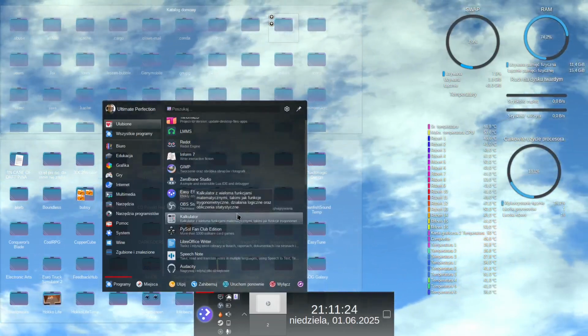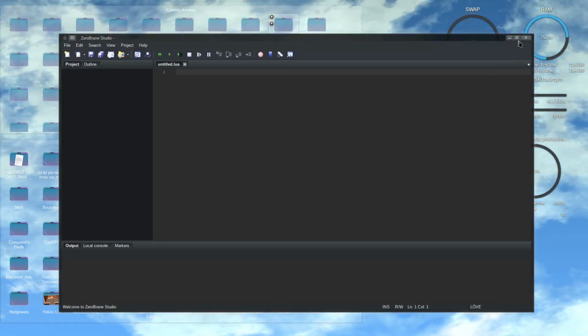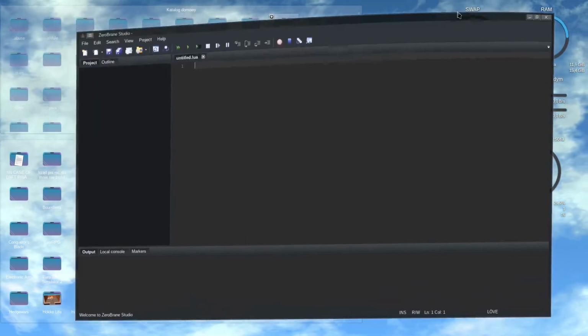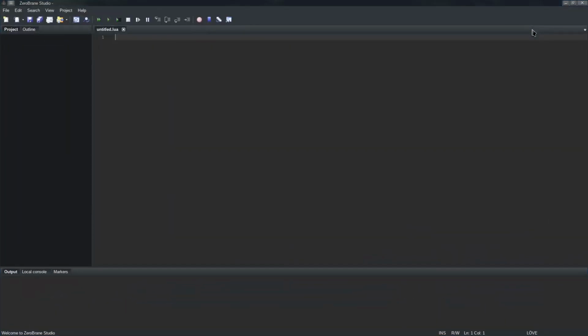Hello, wonderful people. So today we'll be doing some coding, and we'll be making a game in Love. So yeah, let me launch the Zero Brain Studio because it's literally the exact amount of brain I have. So yeah, that's a nice KDE Plasma, as you can see. Very good. Anyway,